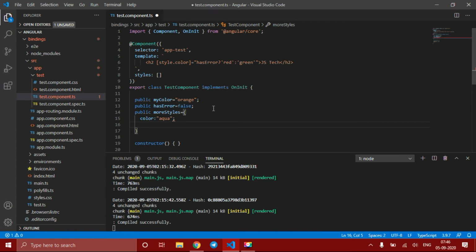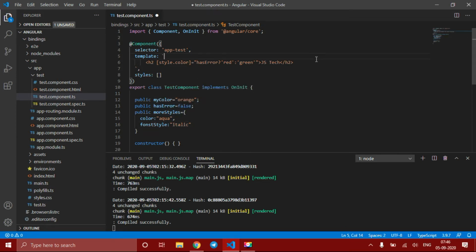And next, I want to change the font style. Use a comma here, not a semicolon, and color is aqua and font style is italic.